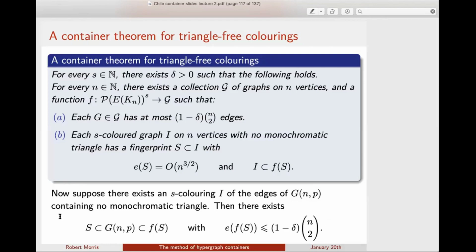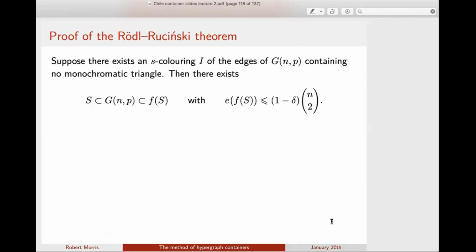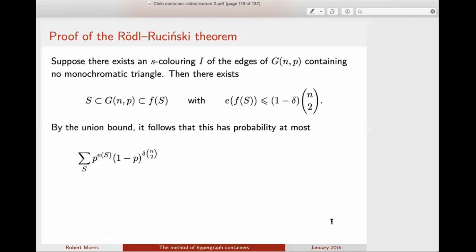Yeah, exactly. So S is contained in GMP, and that has probability p to the size of S. GMP avoids everything not in f of s, which is a non-edge of GMP, and there are delta n choose 2 of them. So we're here now: there's probability p to the e of s times 1 minus p to the delta n